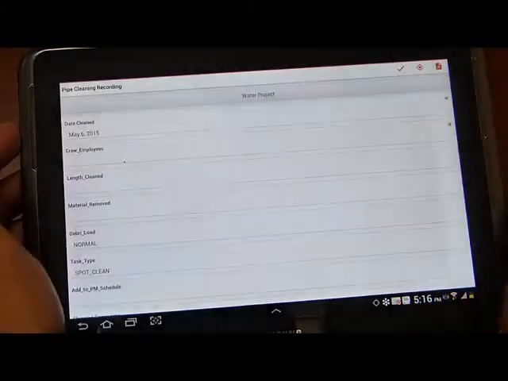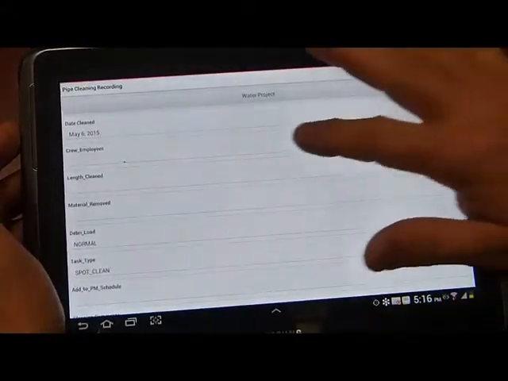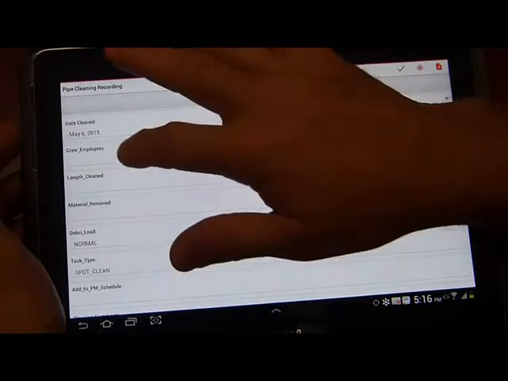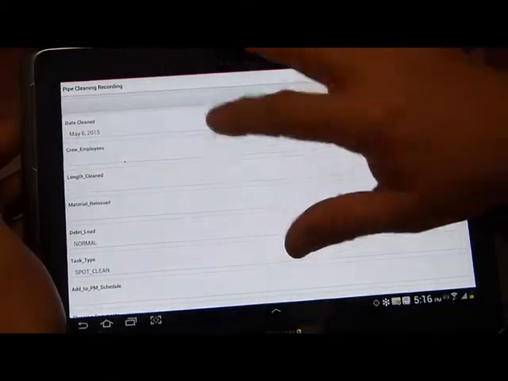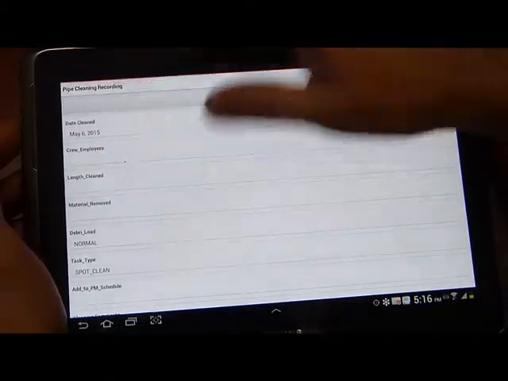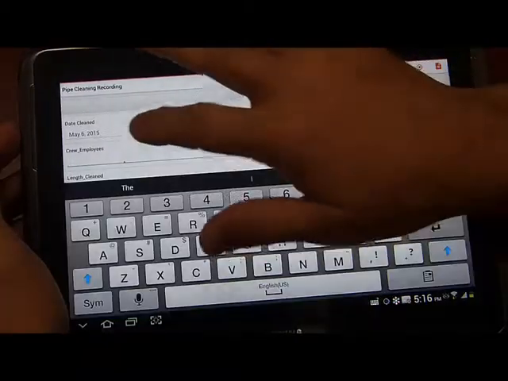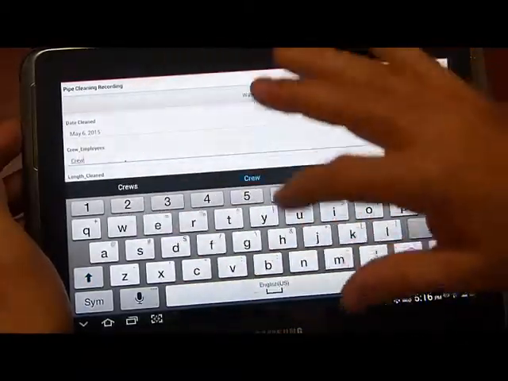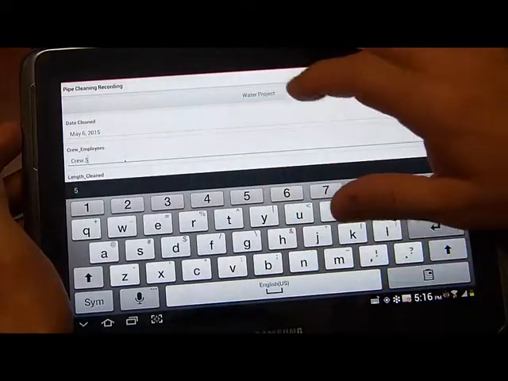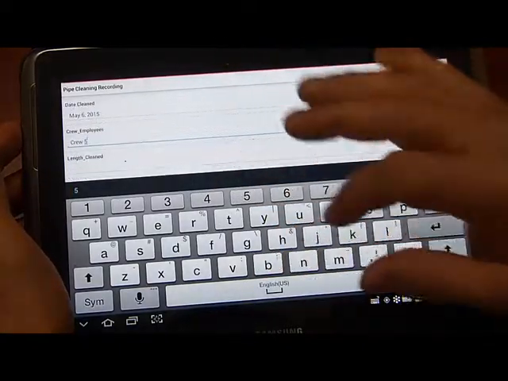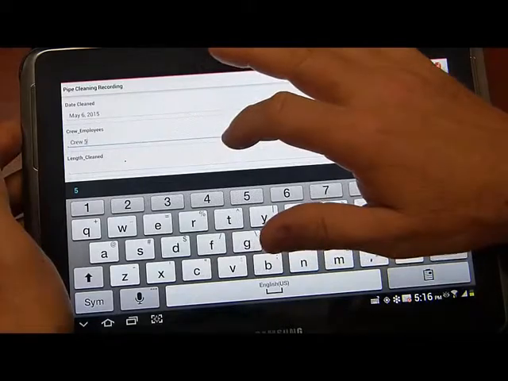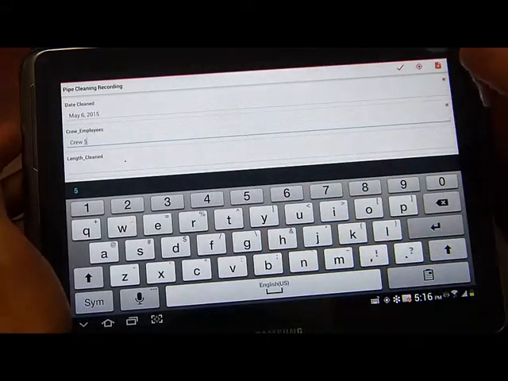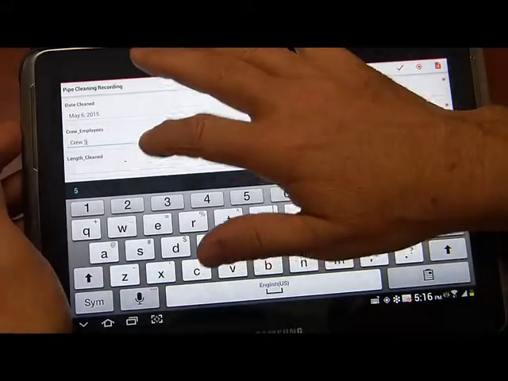So you could say it's today's date. So really nice form. You could put in for the crew, and this could be a drop down. There we go. So just put in some value and then go and type in the length of pipe cleaned. So we could do that,